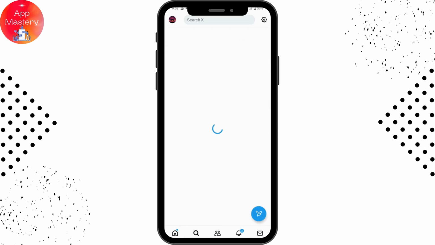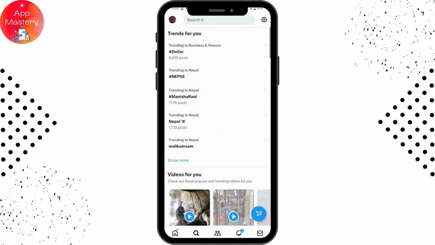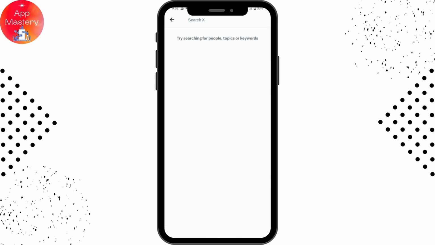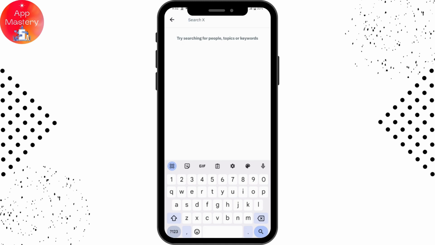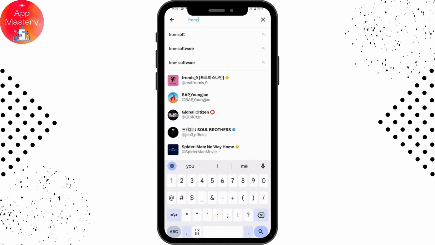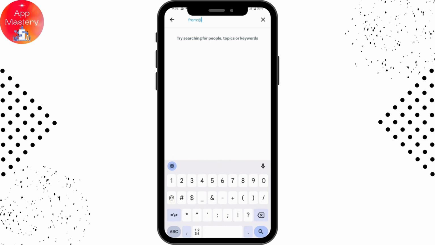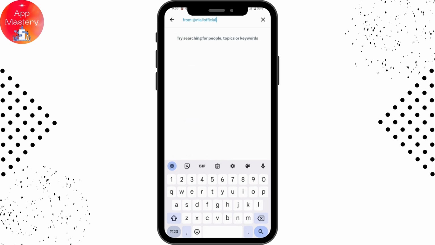And once you go for search, you need to go for the search bar, which is on the upper side. Tap on the search bar, and now you need to type from and then semicolon and @ and here you need to enter the username of the person that you would like to search for the tweets. Give a space and then type since